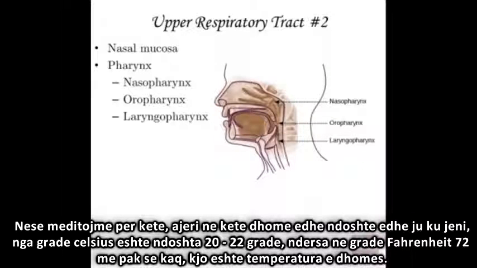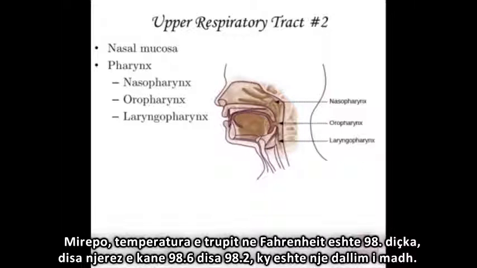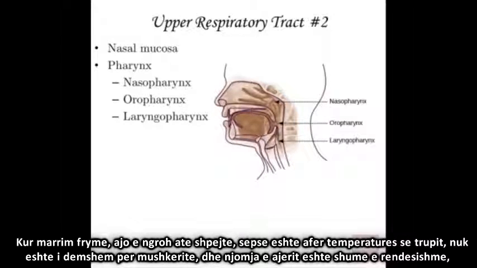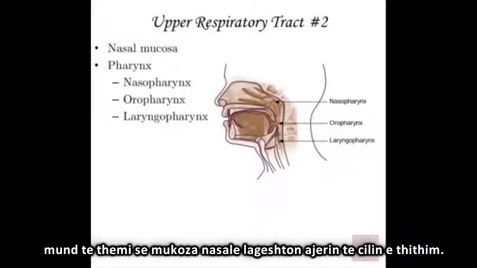If you think about it, the air in this room right here and possibly where you're at, on the Celsius scale is probably low 20s, 20 to 22 degrees. Fahrenheit scale, 70 to low 70s. That's room temperature. But your body temperature, Fahrenheit, 98 point something. Some people it's 98.6, 98.2, what have you. That's a big difference. So when you breathe in air, it warms it a bit, gets it close to your body temperature so it's not as harsh to your lungs. And of course, the moistening of air, very important too. You can say that the nasal mucosa humidifies the air, adds moisture to it as you're breathing it in.